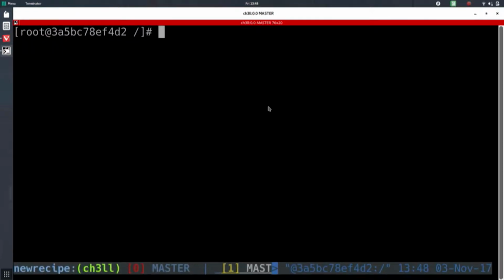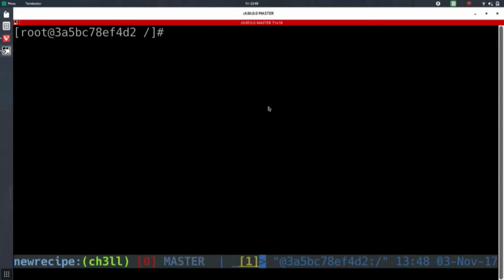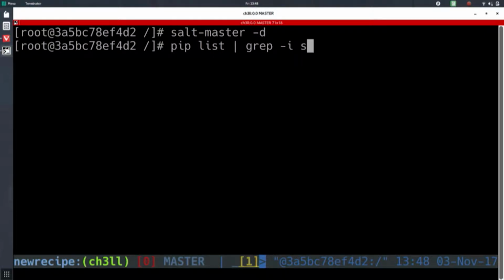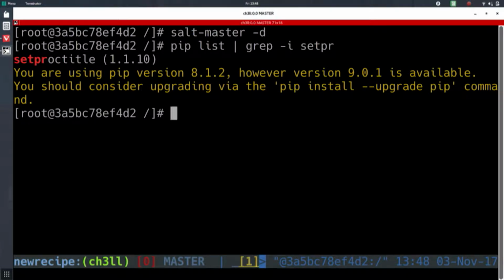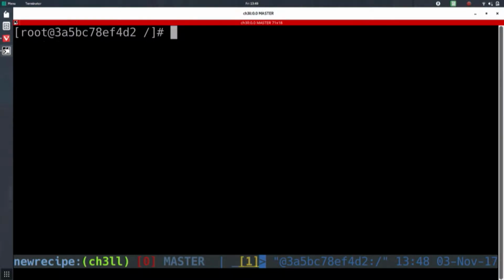All right, so I'm just going to be using the daemonized process of the master and the minions, so not using systemd or anything like that, so a little unconventional. So I'm going to start up the Salt master, and before I do that, I'll show you I actually have that module installed. And if I do